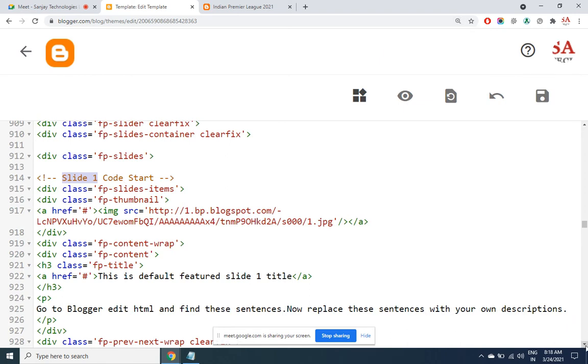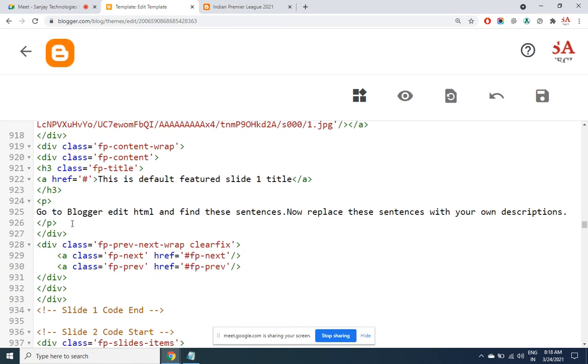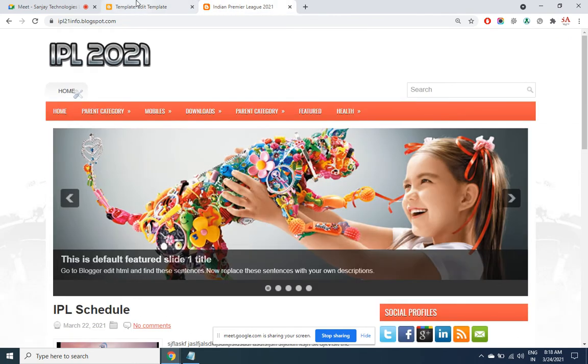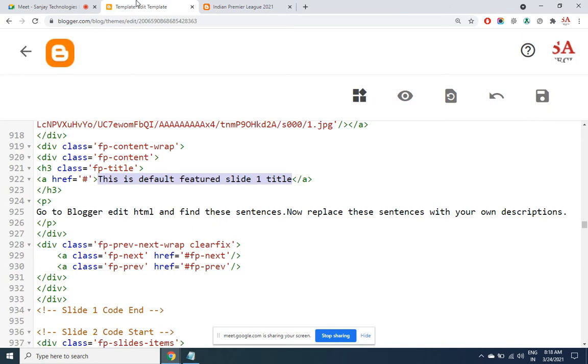When you go through this content in the black color font and tally it, it is what is coming over the slider. So I want to change this.